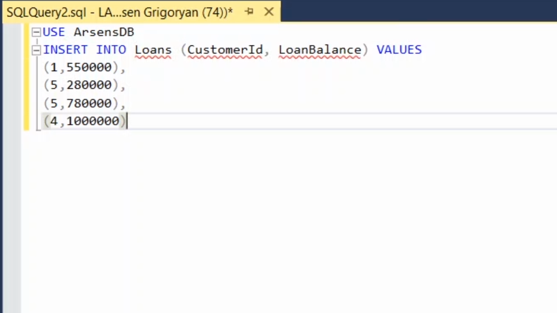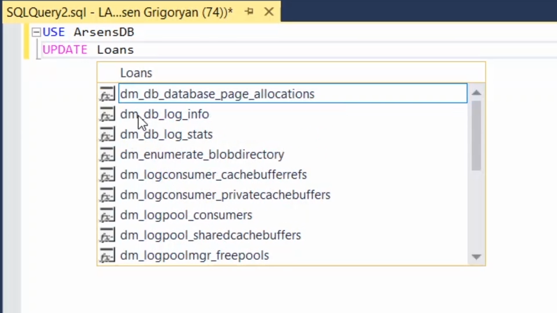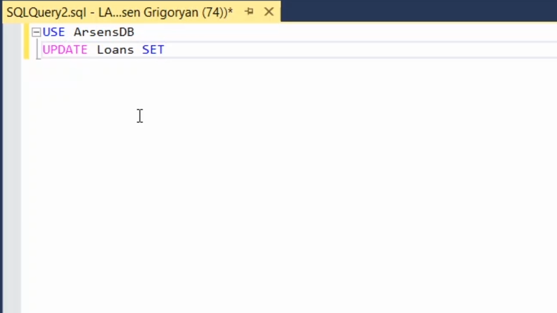So we execute this code to get data inserted into the loans table. Now let's update. We have inserted values into our accounts and loans tables, and now let's update one of its columns, one of the columns in the loans table. So we type update, table name, which is loans, set